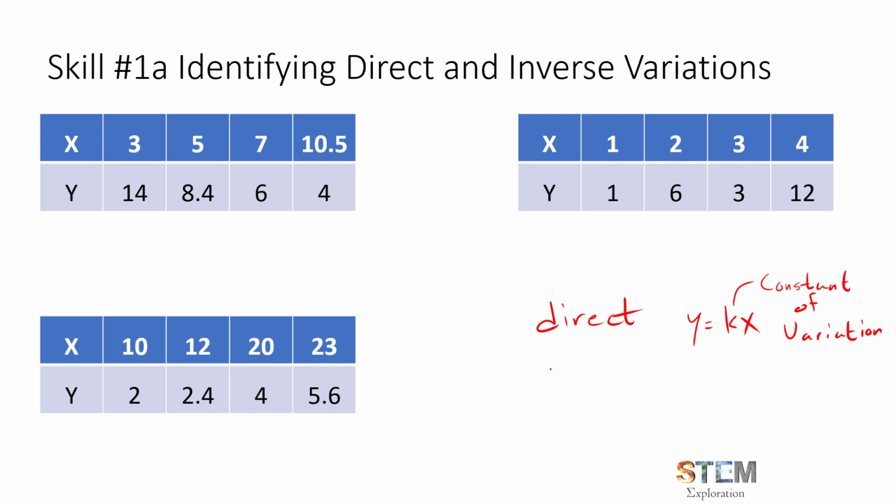And then the inverse variation looks like y equals k over x, where again k is the constant of variation, but in this case would be the constant of inverse variation, but we can refer to k as the constant of variation in both of these given circumstances. So the main idea here is that we can look at a set of values like the three that I have here